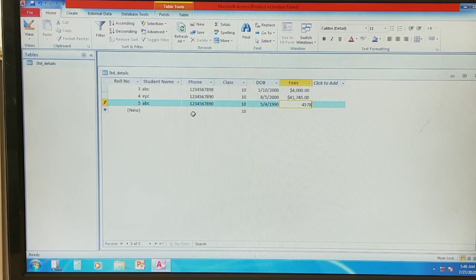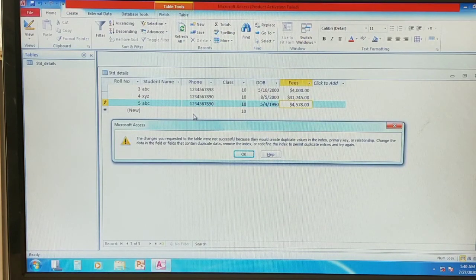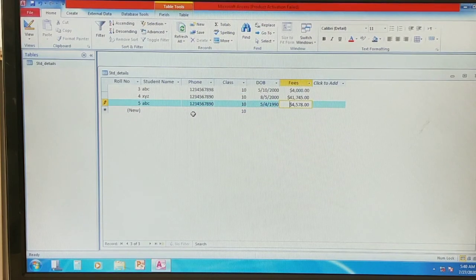Now you can observe that you will get an error message: the changes you requested to the table were not successful because they would create duplicate values in the index, primary key or relationship. It clearly shows that the student name field should not take duplicate or the same values.